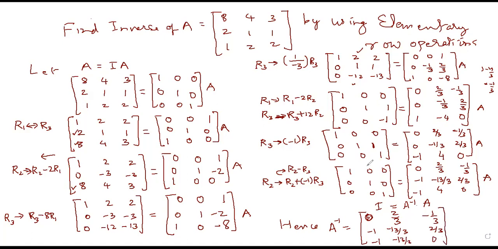Now we will do it by column operations. This we have done by row operations. In row operations, we apply only row operations. We will make 1 here and 0 here, 1 here and 0, 1 here, and then zeros. In column operations, we will make 1 here, and right here we can make the zeros. From 1, we will make zeros here, from 1 here zeros. So that will be the procedure for column operation.